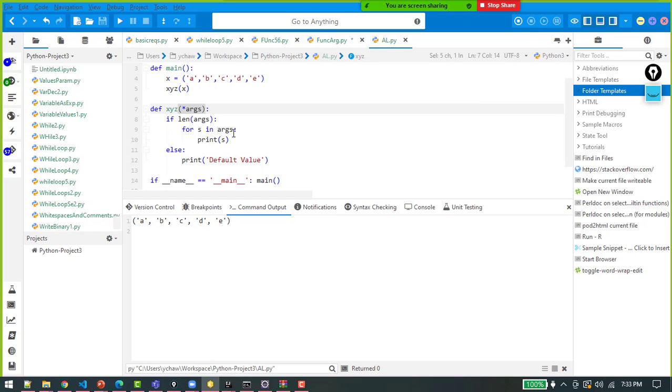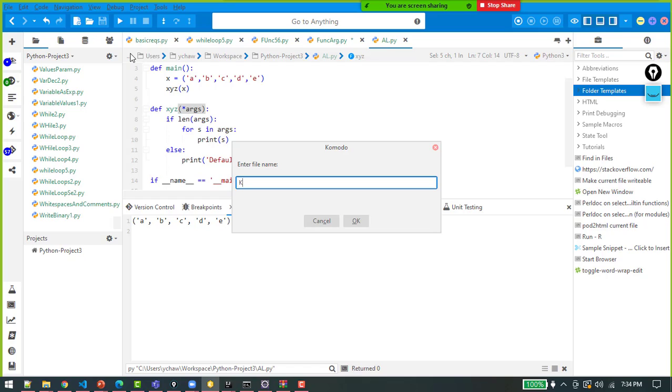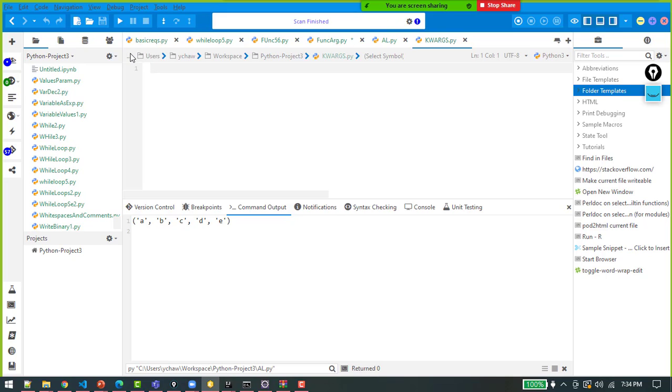When we start the libraries also, I'm going to do the same thing. Now there is something known as keyword arguments. Keyword arguments are like list arguments only, just that keyword arguments are there for dictionaries instead of tuples. So KWARGS, keyword arguments. Let's say that is a file name. When you have to work with a dictionary instead of a tuple, I can create again,